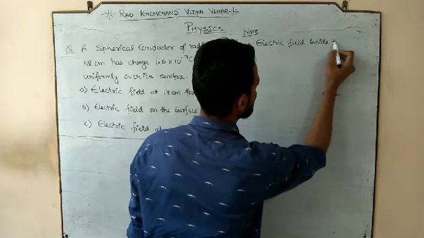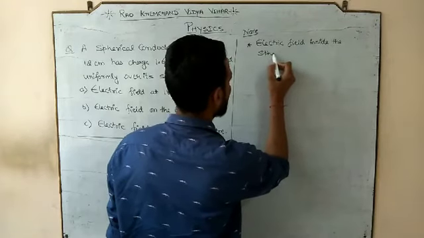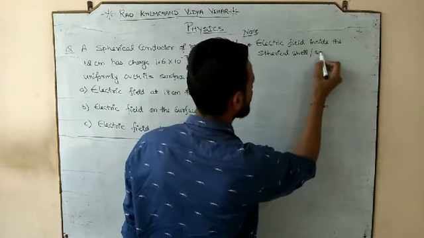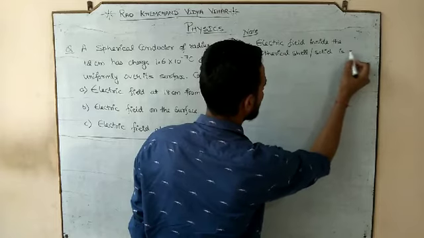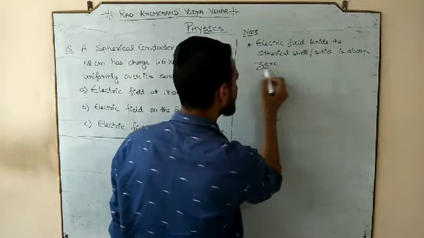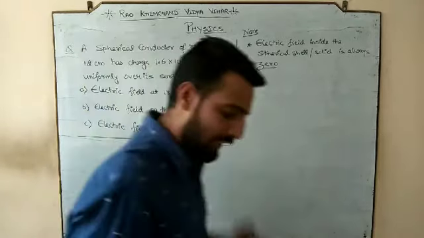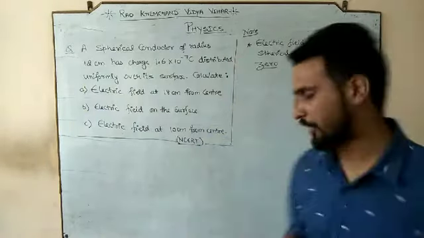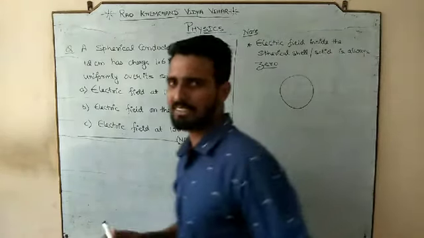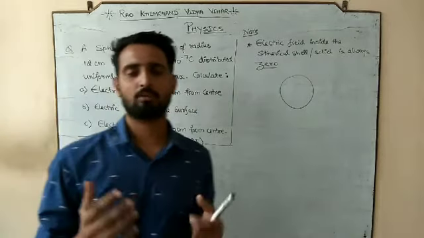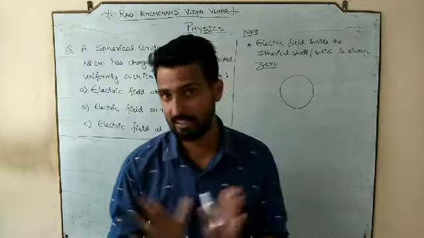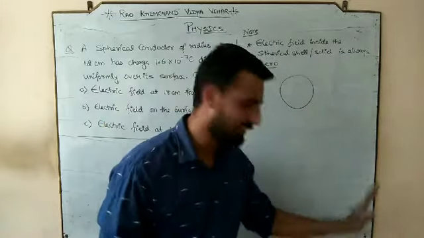inside the spherical shell or solid is always 0. Please, the most important thing. So the electric field inside the spherical shell is 0. When we have a spherical shell, meaning it is hollow from the inside, there would be no charge enclosed inside that spherical body, and that's why the electric field is 0. So that is the appropriate reason.